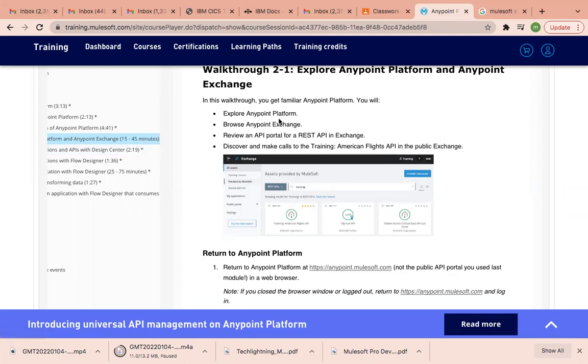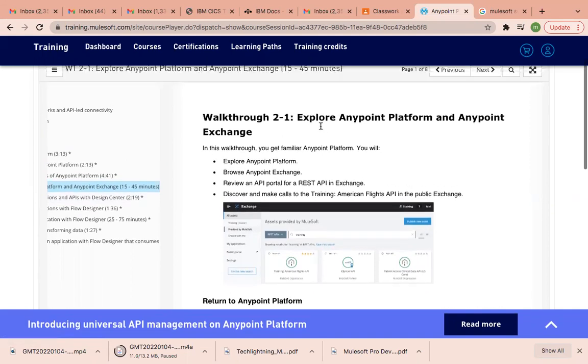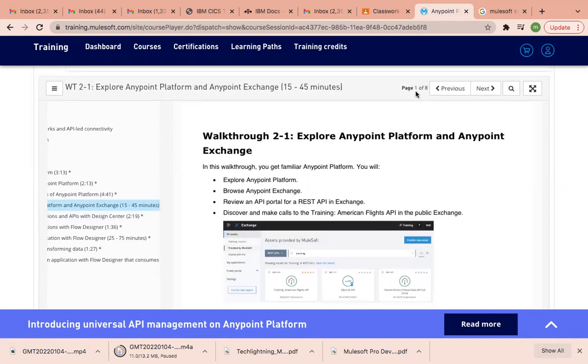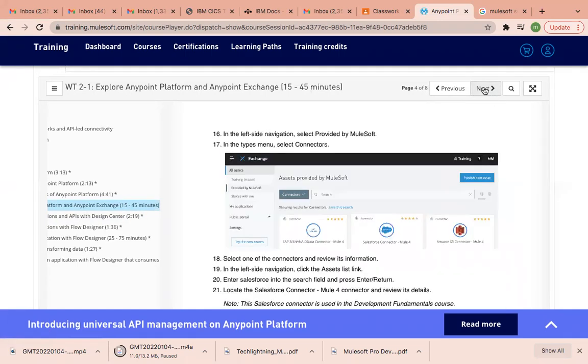If you know this task, you can do that. Or else if you don't know, just ignore this. But what you have to do: you can see page 1 of 8, right? Very first thing, once you open this, click on next until 8 of 8.